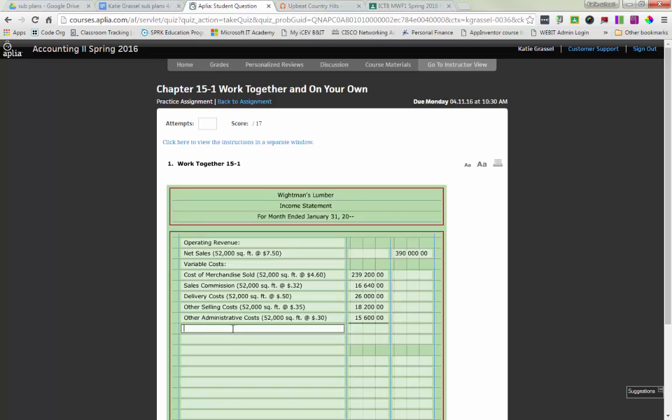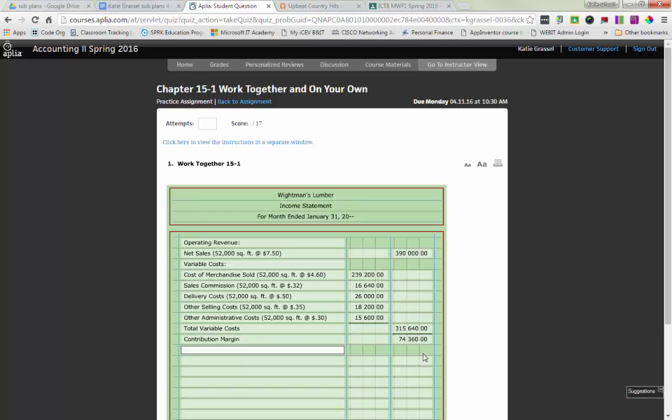Below that, I'm going to have my total variable costs. All I need to do is just add up these numbers right here, and that's going to give me 315,640. And that is going to give me my contribution margin. Again, that's one of our vocabulary terms associated with Chapter 15 here. And when we look at the definition of a contribution margin, it is the income determined by subtracting all variable costs from net sales. So if I subtract this 315 from 390, my contribution margin here is